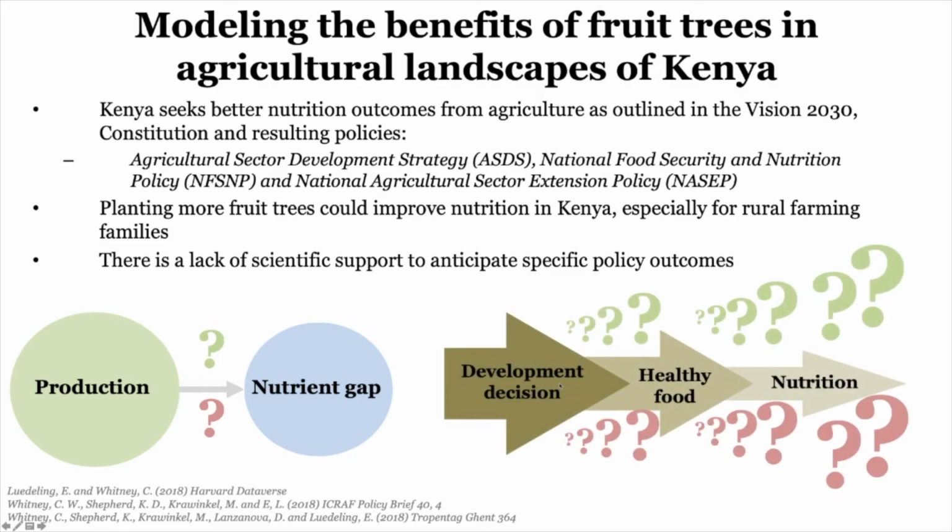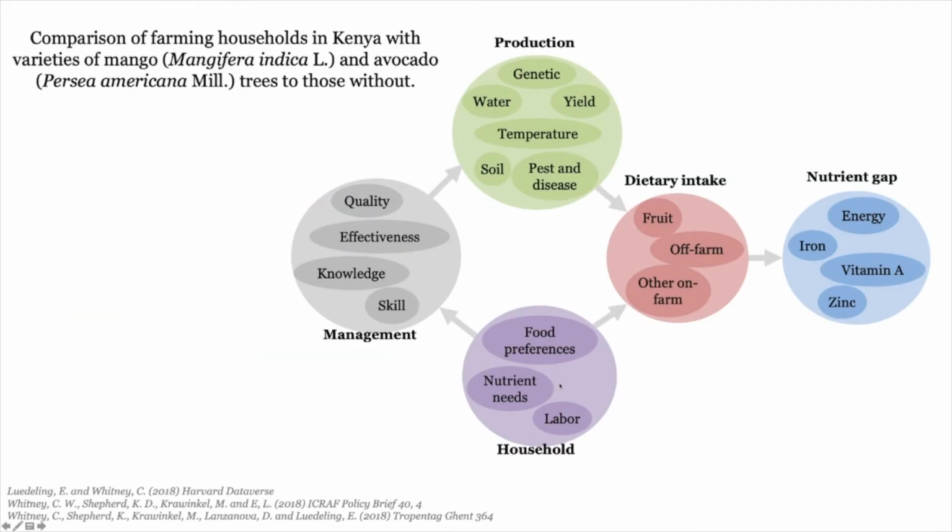And really, the development decision may be clear. We should provide fruit trees, but the nutrition outcome in the end may not be totally clear. So we're looking at this uncertainty and trying to formulate some decision support for this effort, should there be an investment in fruit trees. So we generate, again, a conceptual model, something that represents our causal understanding.